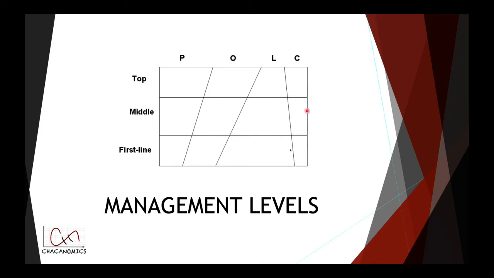In this chart, we can see how the different activities of the management process are located amongst the different levels of management. For example, first line managers usually take care of leadership activities because they're in charge of working with employees or most of the employees. They have the middle level management, and you can see that they're distributed more equally within all the activities of the process. And then we have the top management. Top management usually takes care of planning and organizing activities.